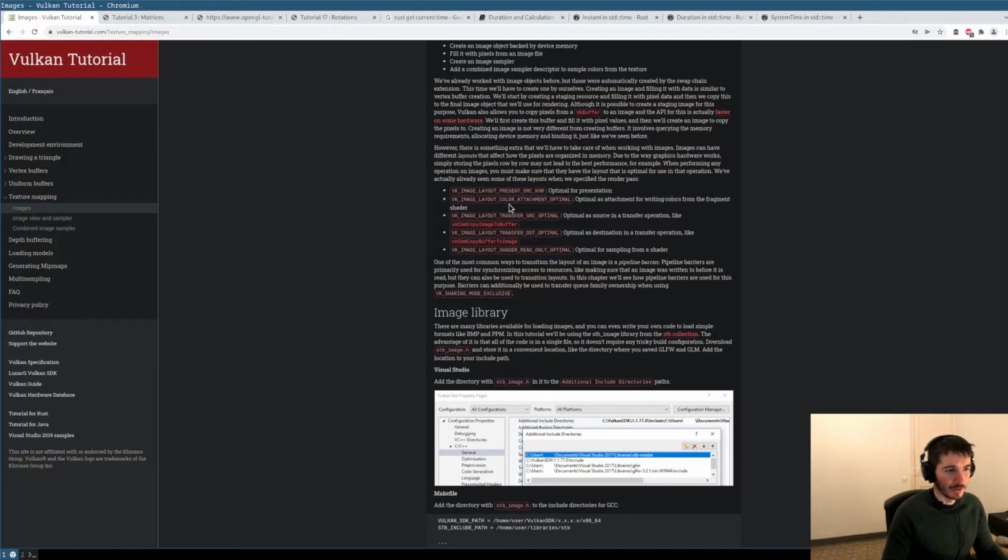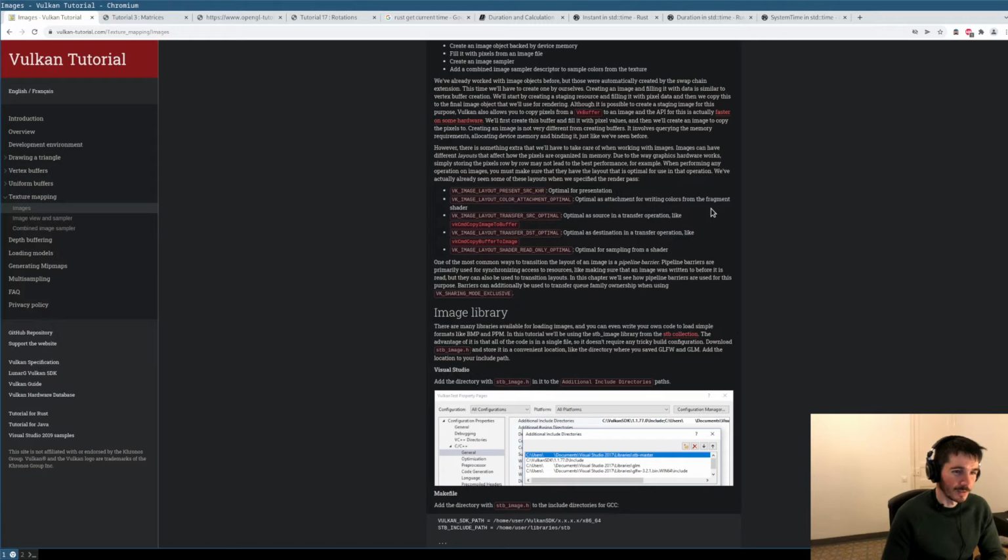When performing any operation on images, you must make sure that they have the layout that is optimal for use in that operation. We have already seen some of these layouts when we specify the render pass. So we've already seen layouts optimal for presentation, optimal to work as a color attachment,